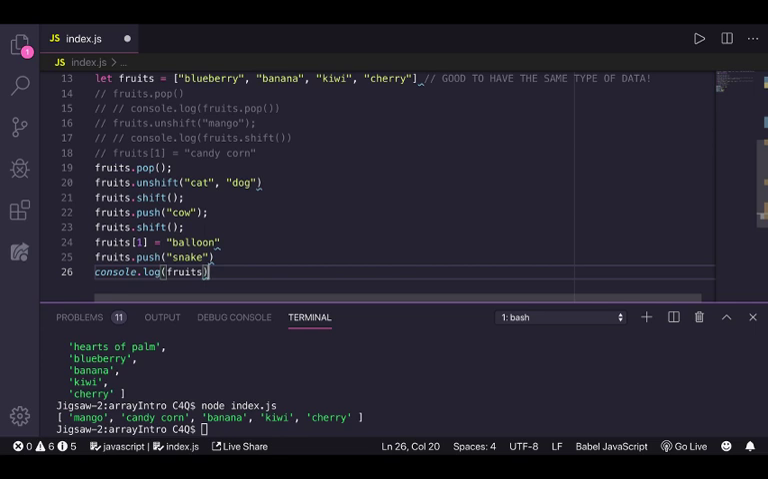Cherries coming off. And then we're unshifting, so we're adding blueberry, bananas. And then we're adding shift between the kiwis, so we've got cat, blueberry, bananas. Now we're pushing. So now we've got cat, dog, blueberry, banana. I'm sorry, now we're, so now